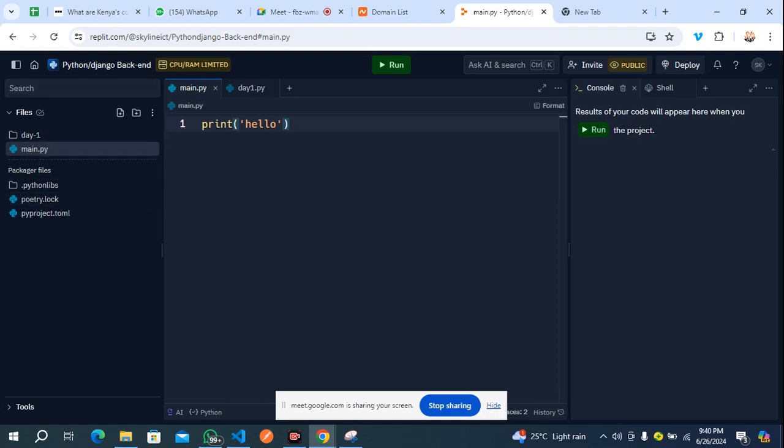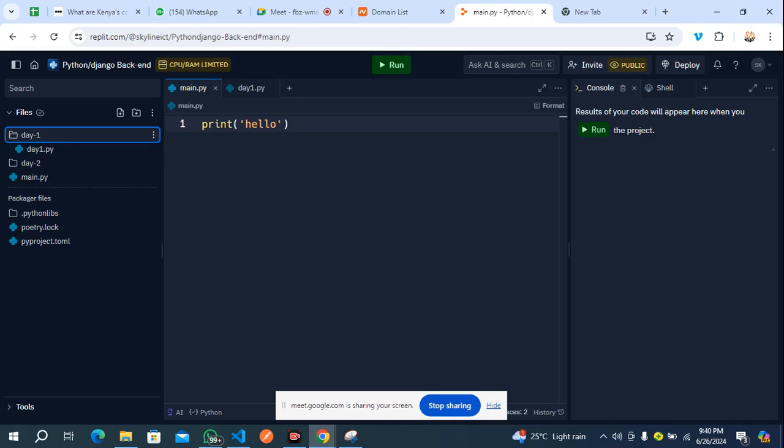Then when we are done, we can create another folder like, say, day 2, and in this folder we are not going to run any code. When we are done running it on the main, then we can move it to this day 2 and create another main file on the primary folder. So basically, this primary folder is main. So you are not required to move this file. If you move this file inside this day 2 and run it, it will not run.